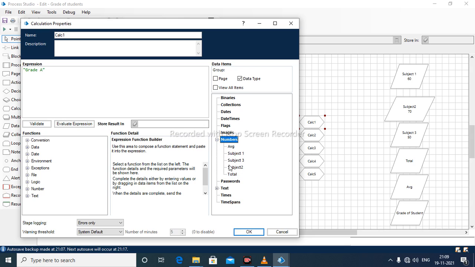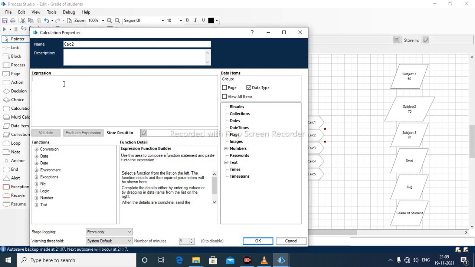I want to store this result in grade of student, but grade of student is not a number, because we have selected the data type as text, so it will be text. Okay, so click OK.